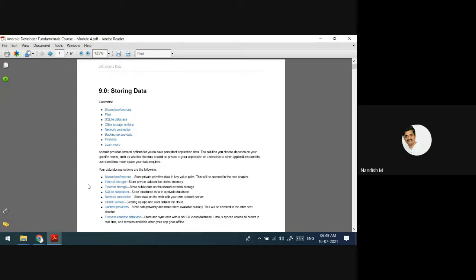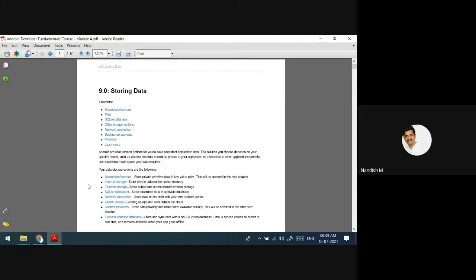What you have learned about application development is enough to develop any simple applications. But as and when the requirements change, you require more functionalities. I'm going to discuss this module in brief.